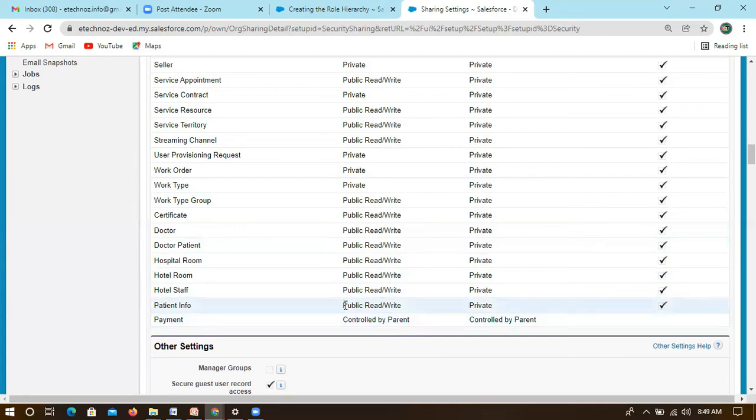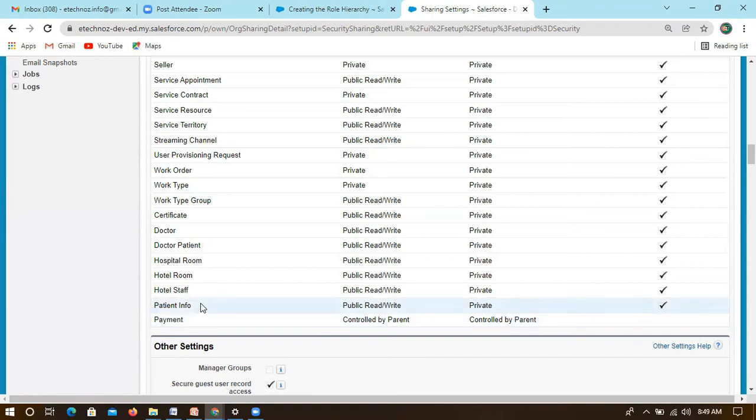So whatever patient info can see or read will be controlled by that parent again, and payment can see the same information. There is no need to modify the changes at the payment level, because it is already controlled through the master-detail. This is the child, this is the parent. Whatever options are available to the parent will be applicable to the child as well.